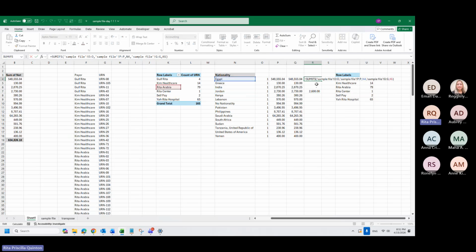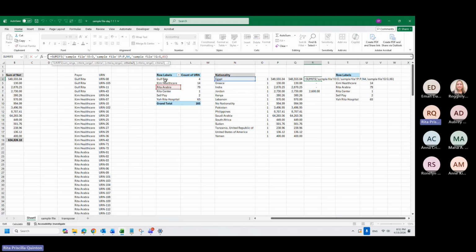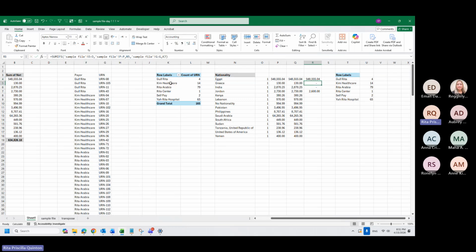So if you don't lock it, it will go down with you. Since I only want to know all Rita Arabia patients, I will lock K6. I will press F4 on my keyboard so the dollar signs will appear. Okay, so if I drag them down, this Rita Arabia is not moving anymore.